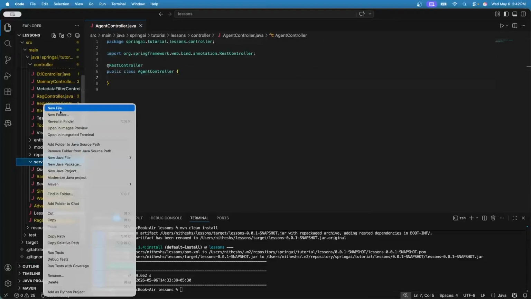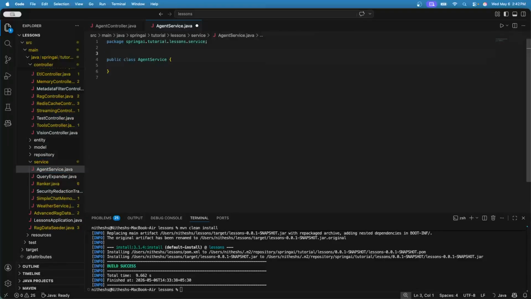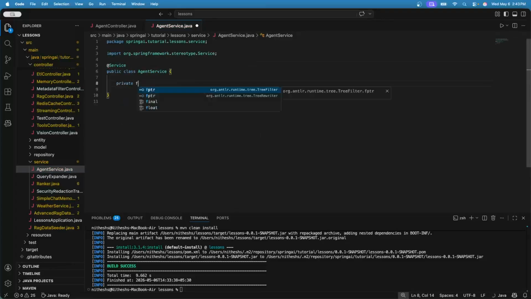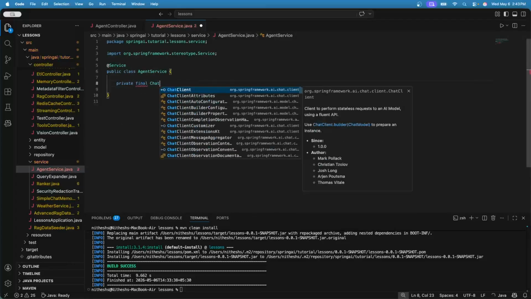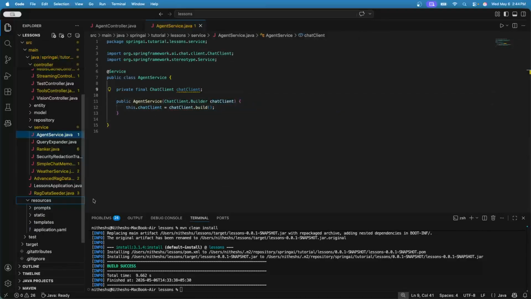Also, I'll create a service class. I'll name it AgentService. I'll annotate this with Service. I'll define a private final field, ChatClient, and I will instantiate this with the constructor. It is ChatClient.builder, then ChatClient.build. I have already created a file named